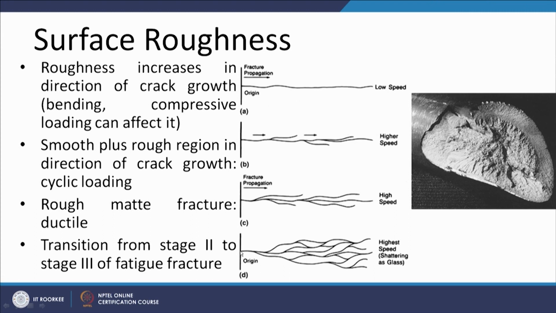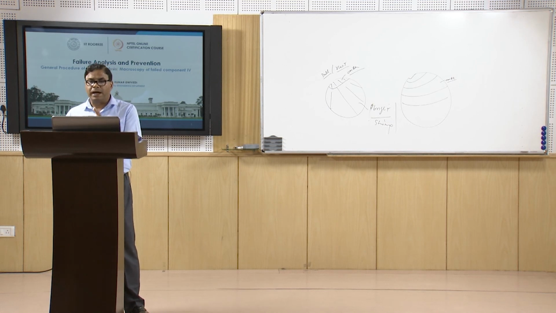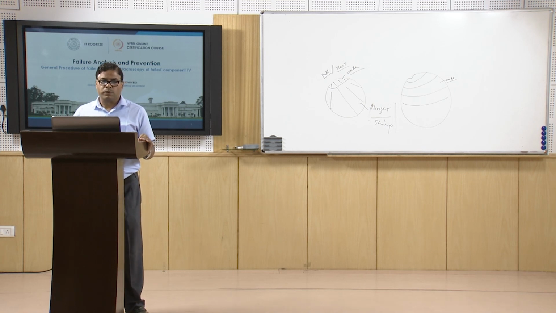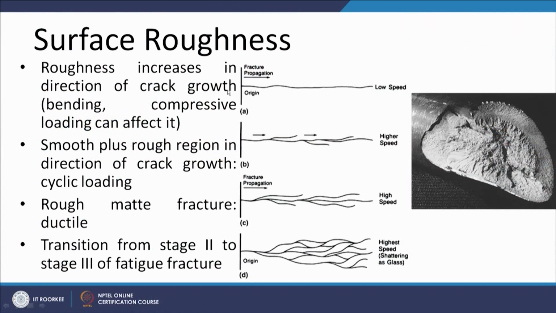So, these are some of the schematics showing the way by which surface roughness is affected when the crack grows at a different speed on the fracture surface. What we can see here is that roughness increases in the direction of the crack growth. Except in one case, in all the cases we can see the roughness grows in the direction of the crack growth. However, the bending and the compressive load conditions can affect this, because in both the cases there